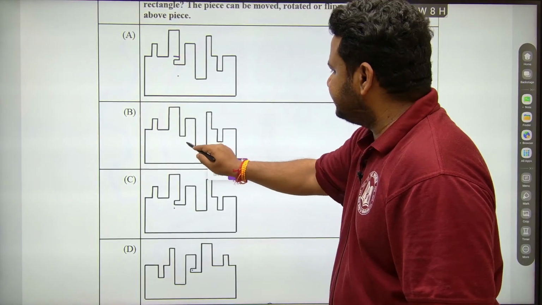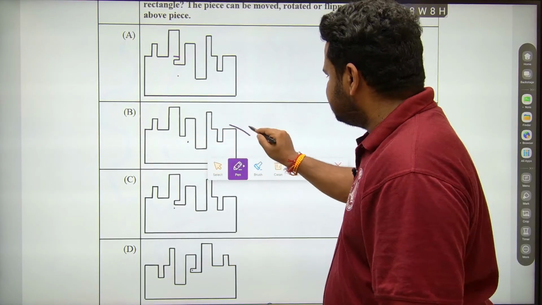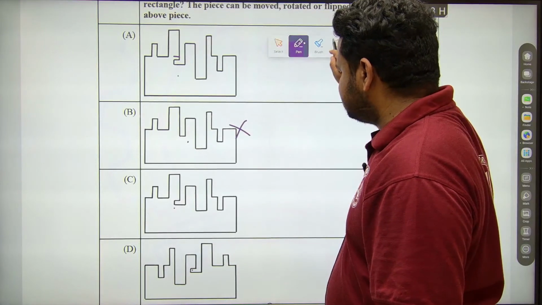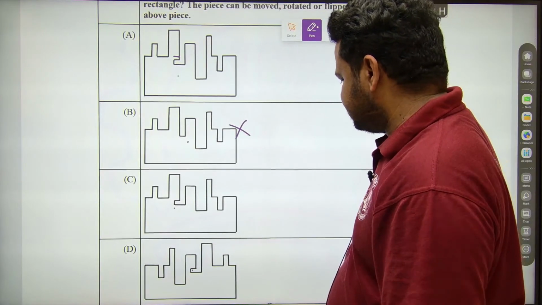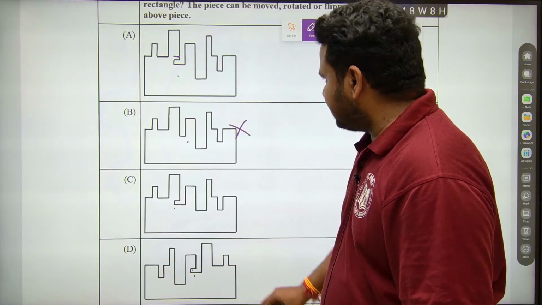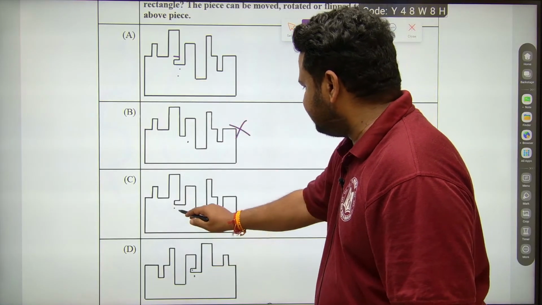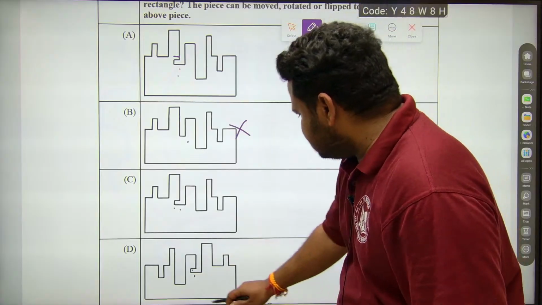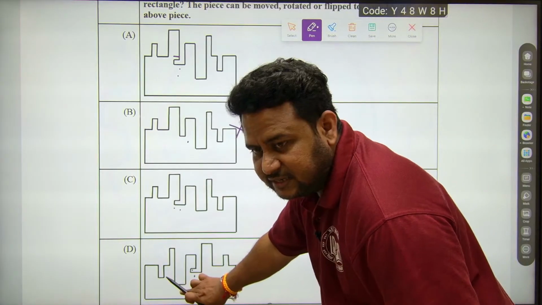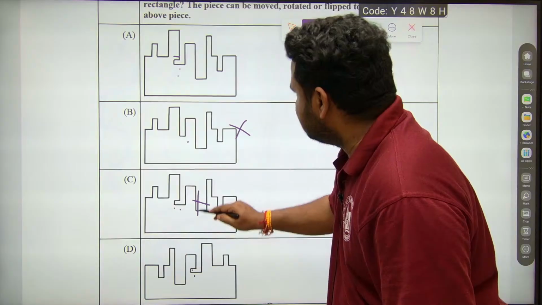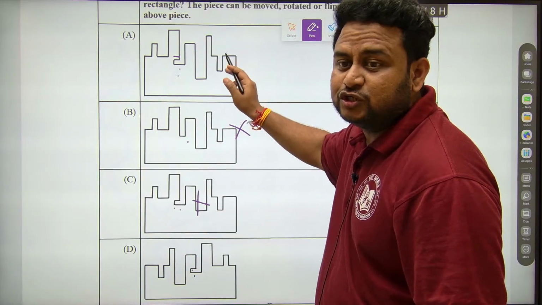Fine. What about this? Everything is straight. Okay, this is wrong. Now out of the remaining options, if you see, yes, it is curved here. Okay, and it is curved here also, and here also. But see what the depth is here. Here the depth is more. Here the depth is less. It is wrong. In the figure which we saw, the depth should be more.